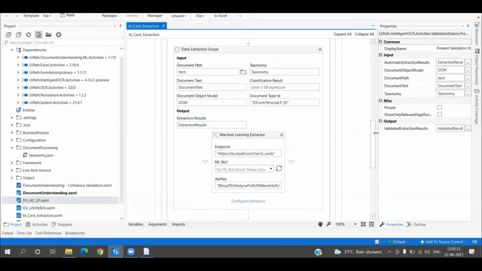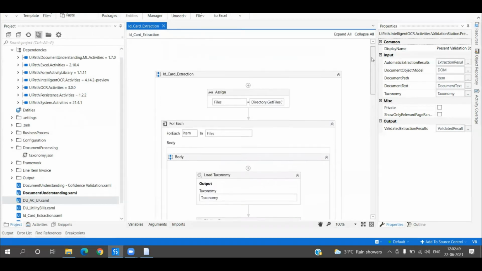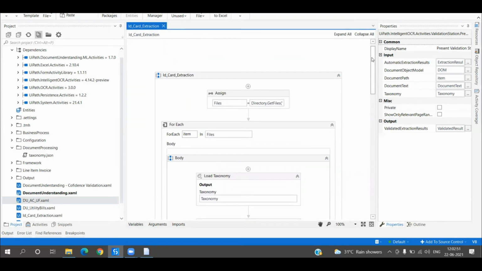Now, in the community version, the data is saved when you are using these endpoints. But when you are using the enterprise version, the data is not saved by UiPath, whatever is extracted through the endpoint. This is one very important point that every person is concerned about while using ML models. It is very clearly mentioned in the UiPath documentation as well, that only in the community version the data is saved for tracking purposes, but not in the enterprise version.